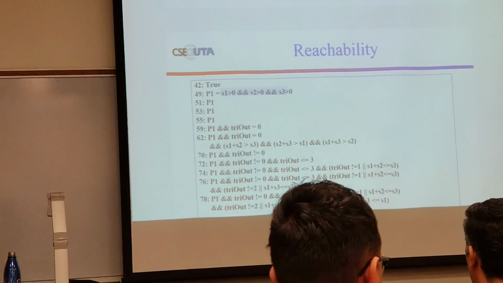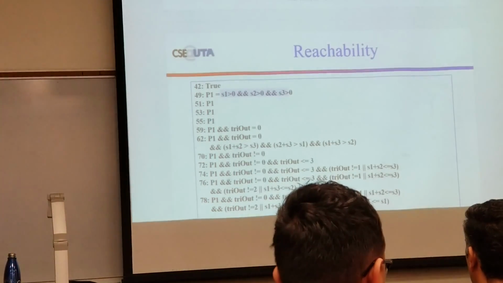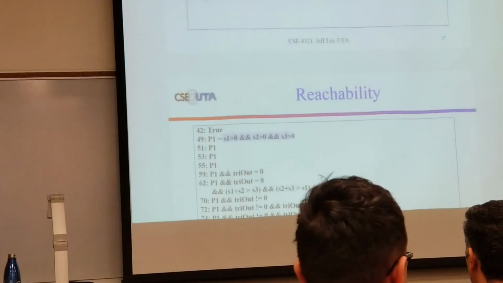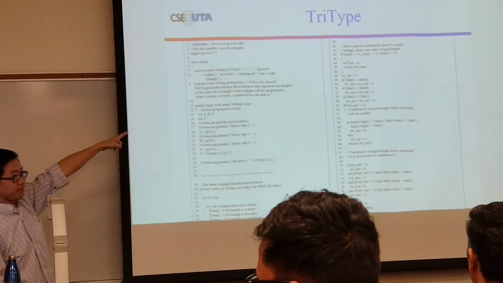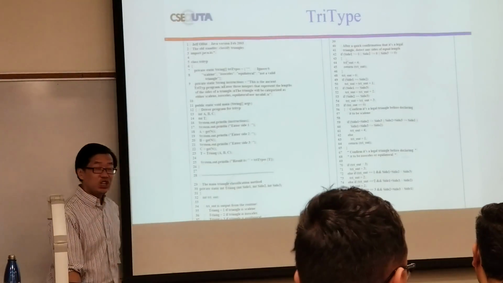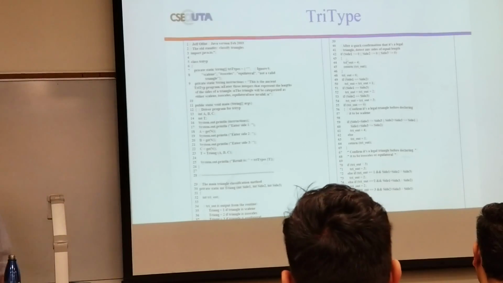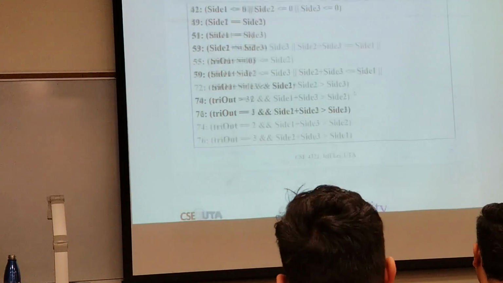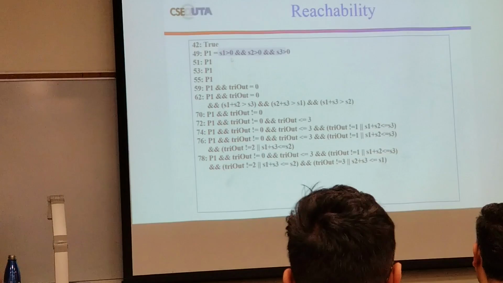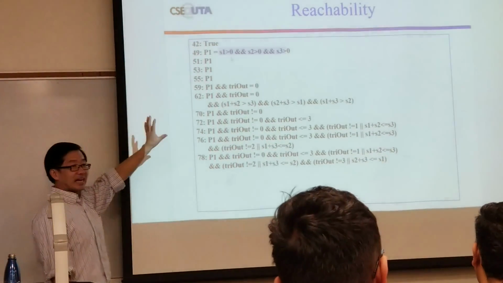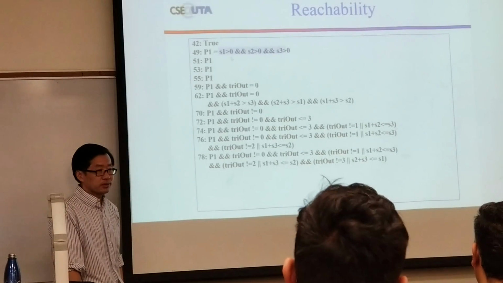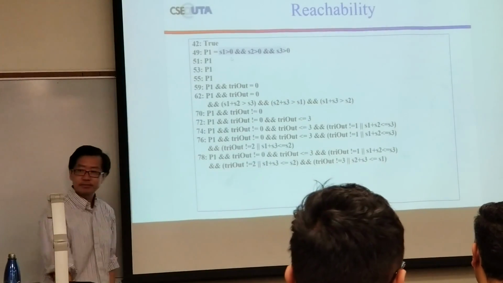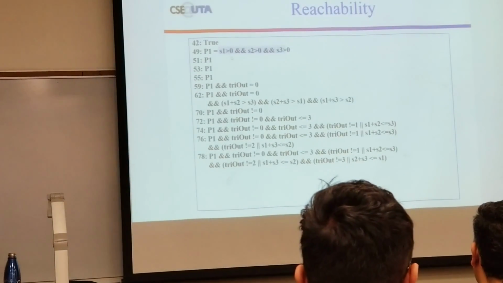So the reachability condition of 49 is basically the negation of the condition in 42, and it's basically what we have here. Another way to understand it is that the size has to be greater than 0. Otherwise, you're not going to execute it. Then we can